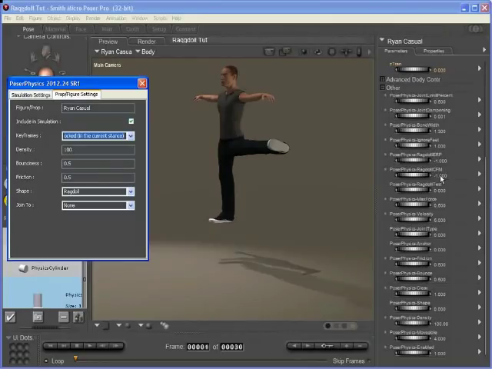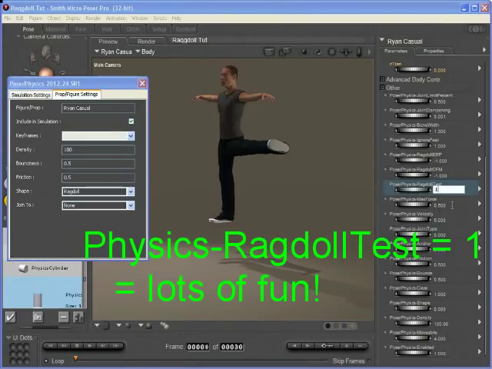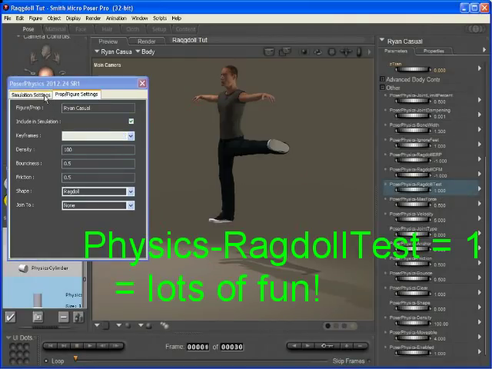In general, if you want a locked ragdoll to have a bit of movement and a bit of give, then you would have a very low ERP, probably about 0.1, and a very high CFM, say about 1 or 0.1. And again, you can check the web to get a more detailed understanding of what that means. There's ragdoll test mode, and this is really neat. So we put a 1 in there to say it's in test mode,